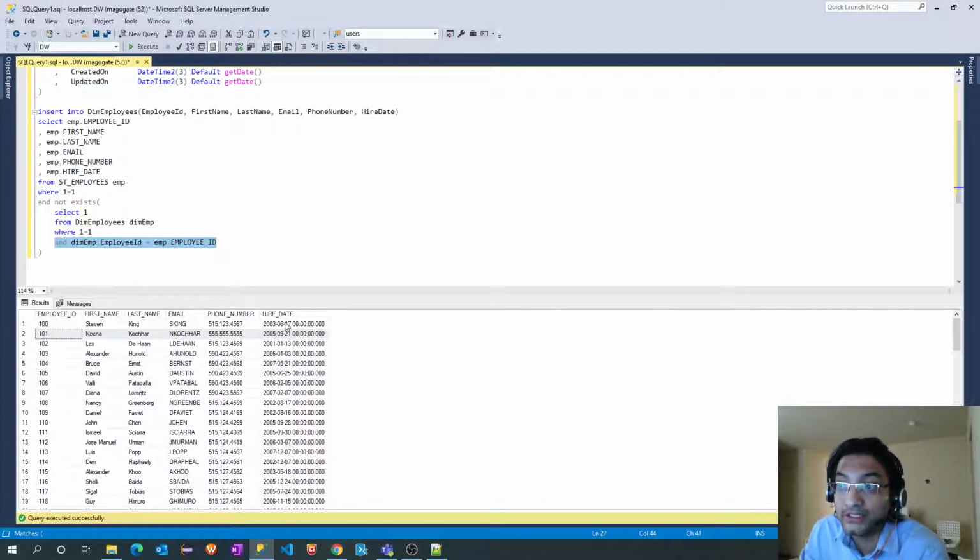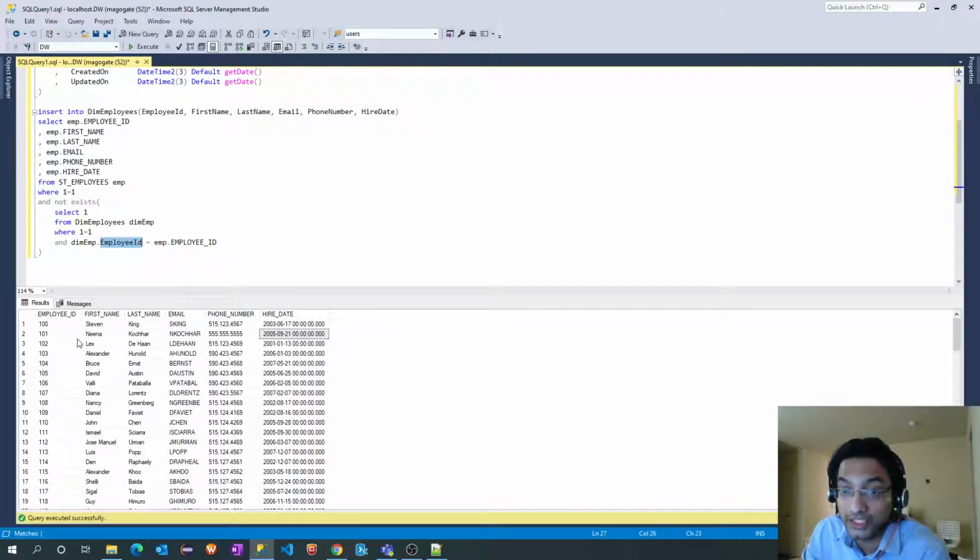Okay, so in case we assume that an employee got moved from one department to another department, the corresponding hire date will change. And to get that updated record into our dimension table, we need to add hire date as well while validating that. Even though the employee ID is a primary key in our st_employee source table, employee ID will no longer be a primary key in our employee dimension table.